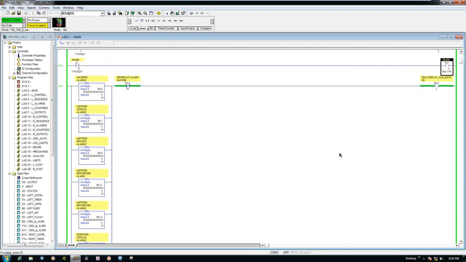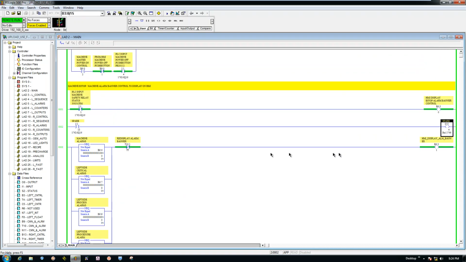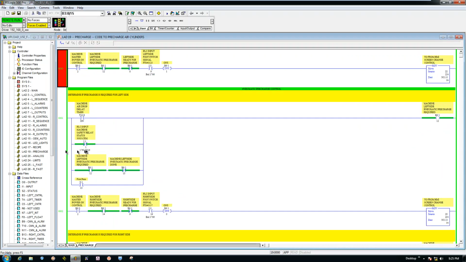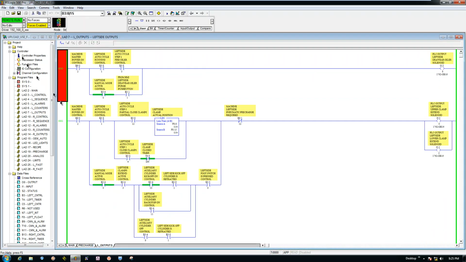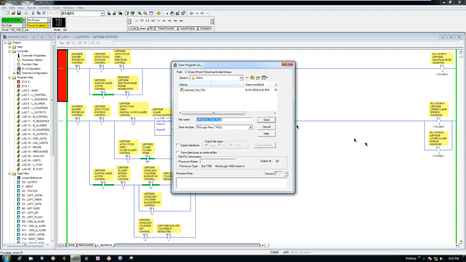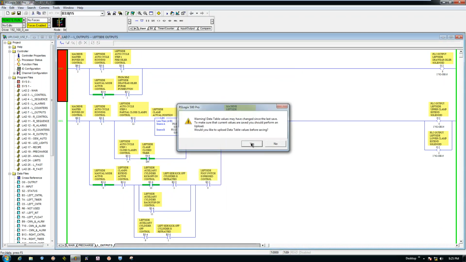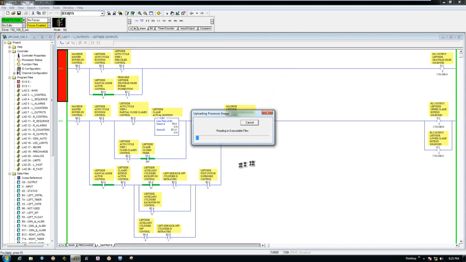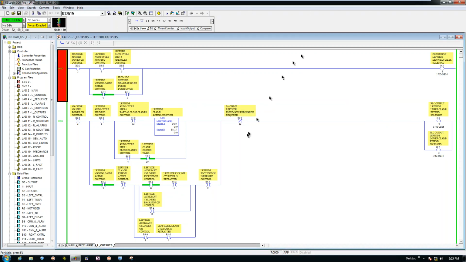So that's different, but now you can see I have all of these. They all have their names. Everything has a name, all the comms. What you want to do now is Save As, and save out as something different. Let Allen Bradley do its thing and save this file out. The one thing that's going to happen here, any of the stuff that's been changed or that's different still won't have a tag name. Everything else will have its tag name,